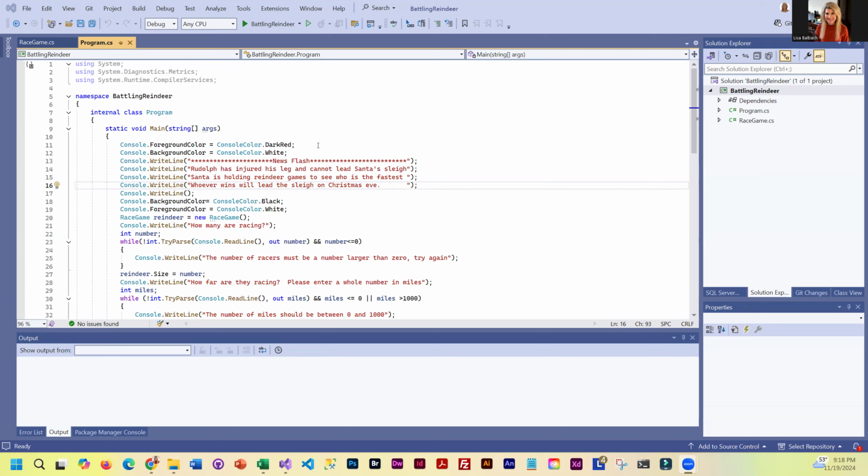This is a demo of an example final project. I took my Battling Reindeer racing game and I took all of the game components out of the program and put them into a race game class. And so what I've left in the main program